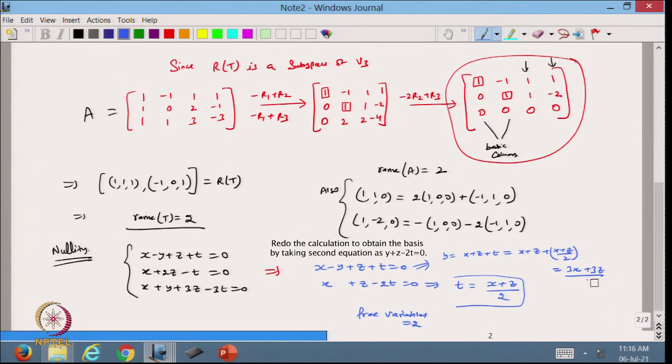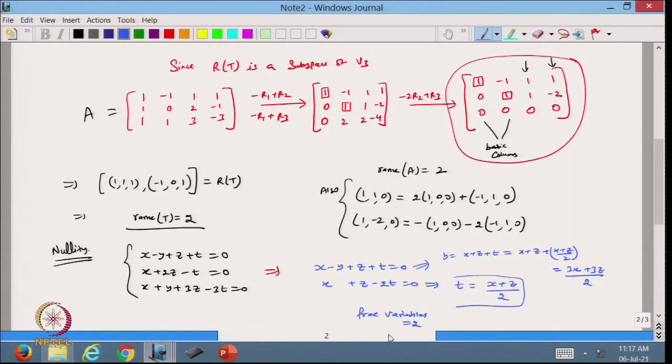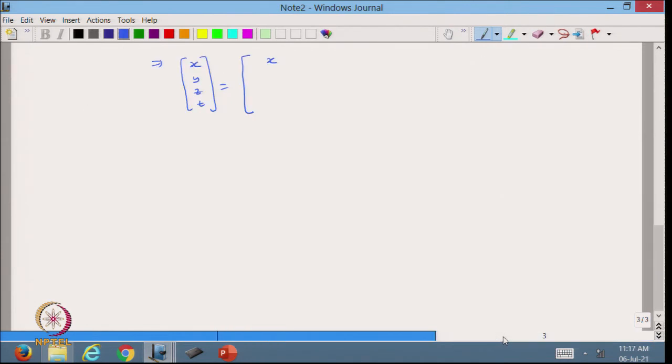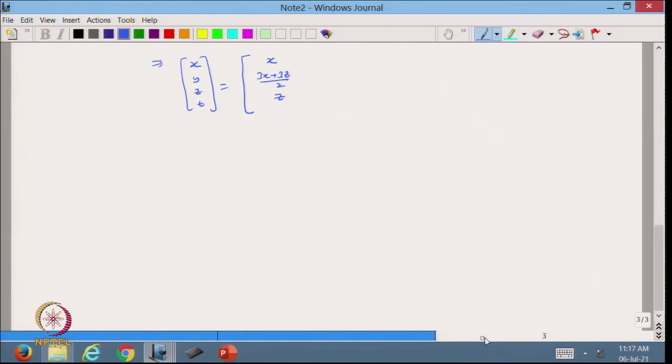So, this is the way we are able to write our variable. Now from here x, y, z and t, this is my vector. It can be written as x, y is 3x plus 3z by 2. So, 3x plus 3z by 2, z, and t I can write x plus z by 2, x plus z by 2,